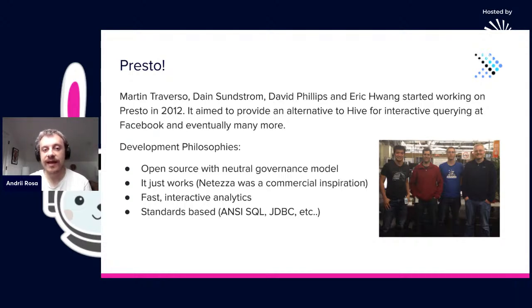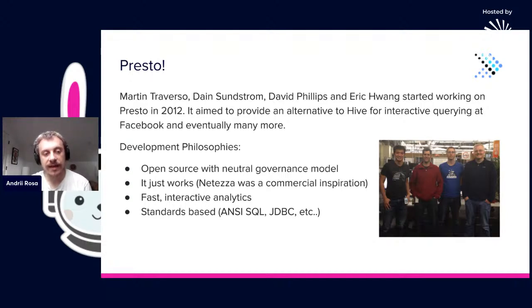So the idea was that anybody who knows SQL should be able to use this engine with no additional training or any additional problems. It also aimed to work out of the box. They aimed to provide a consistent platform. With Hive, you would still need Hadoop and MapReduce, and you need to integrate all these pieces together to make it work. And this was supposed to provide an out-of-the-box solution that you just deploy and